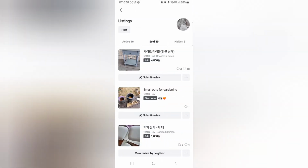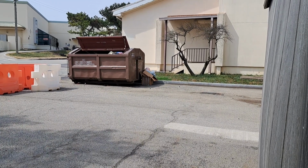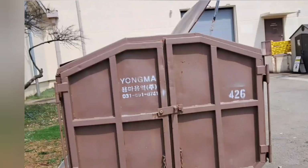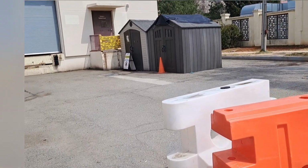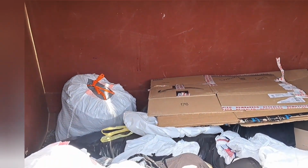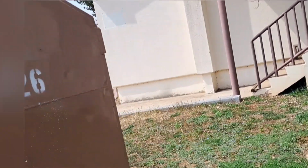And then another day at the thrift store, I can see there's stuff in the dumpster, a little bit of it outside. There are those barriers, and then the shed itself is closed, if you can see. So some people might have been dumping stuff, and I think the staff just put them in the trash can or in the dumpster. Let's see what they have on the side. It is